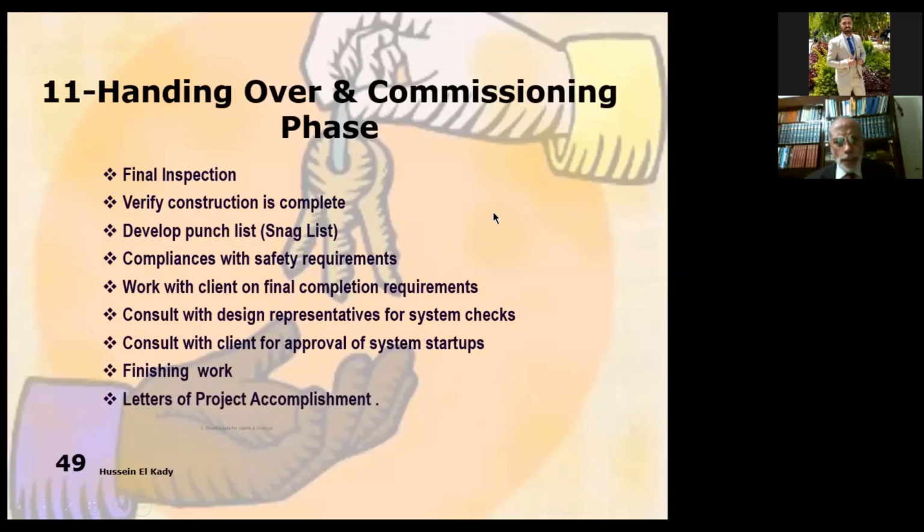The final inspection, then verify construction is complete, or activities are finished and finalized and well done, and the final touch is done for everything. Develop punch list, snag list. We have to go to the site. It's a committee at the time. Normally, the client is there, the operation is there, the engineer is there, the designer, the supervision, the contractor, any